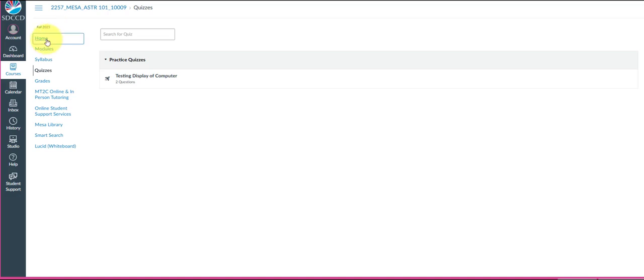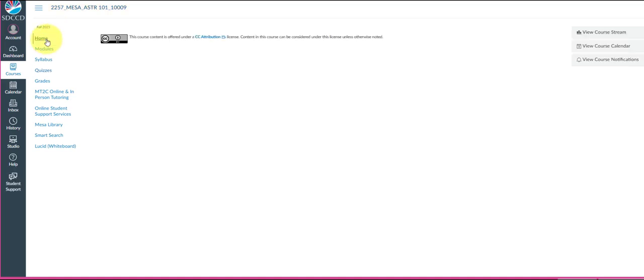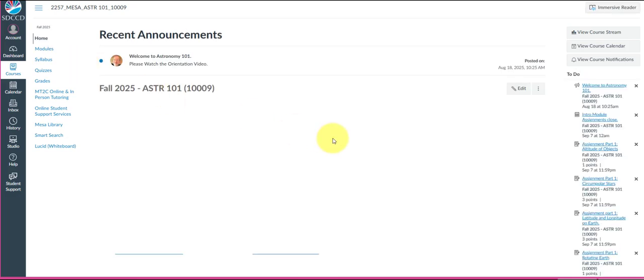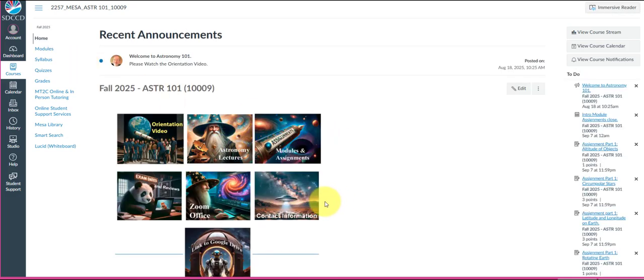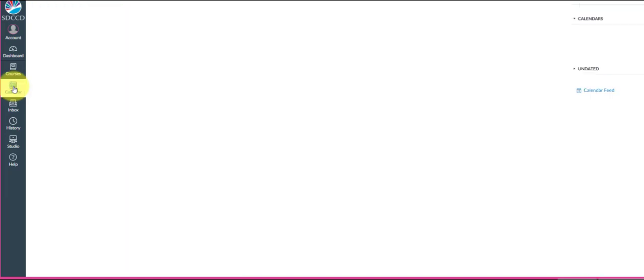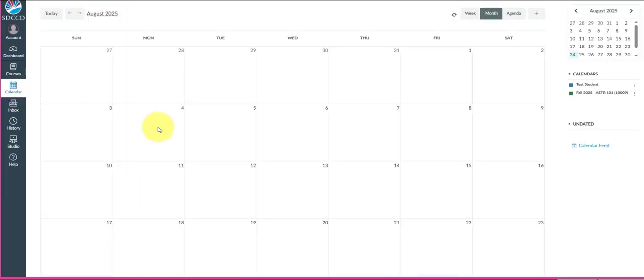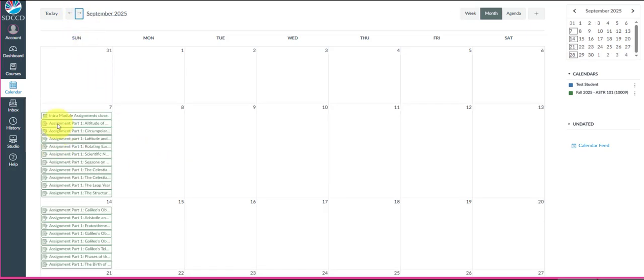Let's go back to the home page. So when we go to the home page, we can see again that there's 7 icons. You can also use the calendar. I'm not too hot on the calendar. There's some errors I've seen in the calendar. But if you click on the calendar, it tells you basically which homeworks are due when. In August, you don't have any homeworks in this case. So we go to September and your homework starts showing up and they tell you when they're due and things like that.